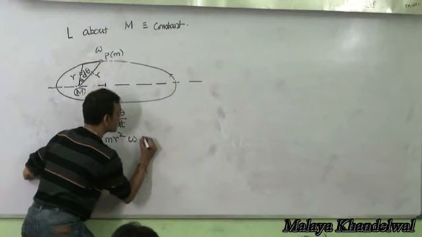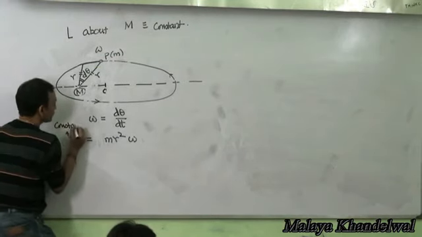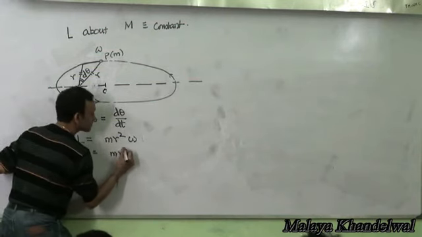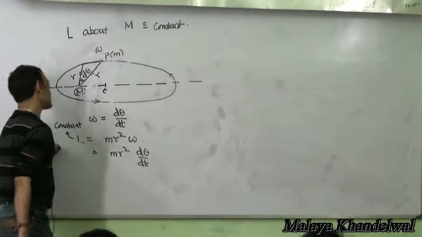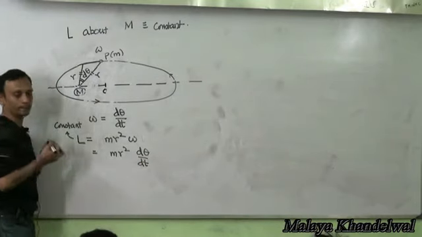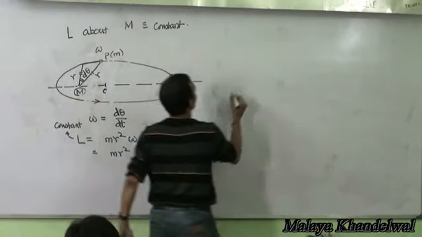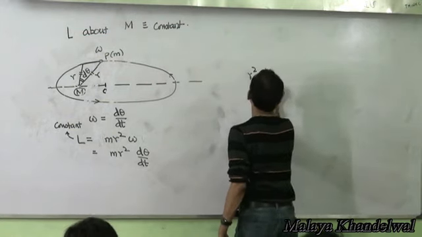That means this is a constant, which is like mr squared into omega. Omega is like d theta by dt. That means r squared d theta by dt